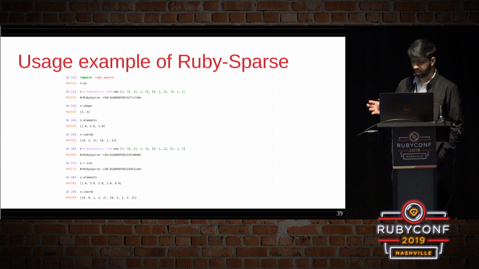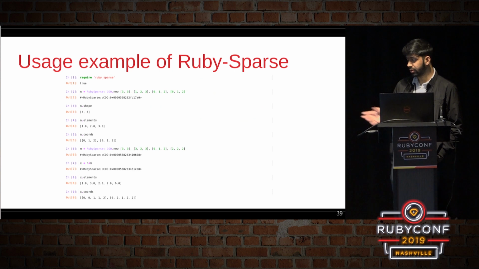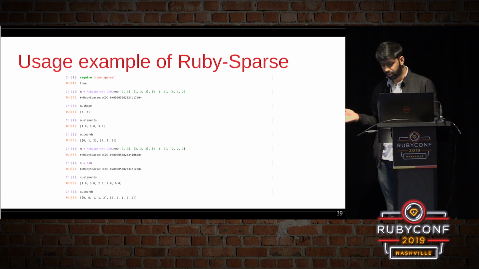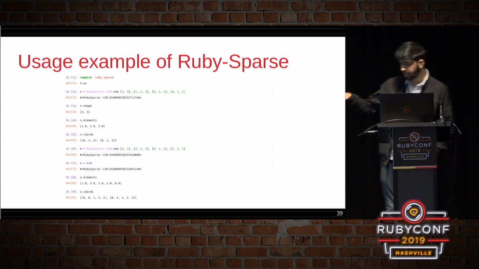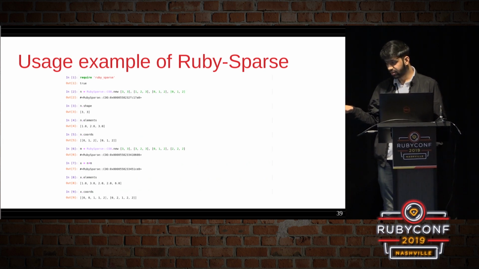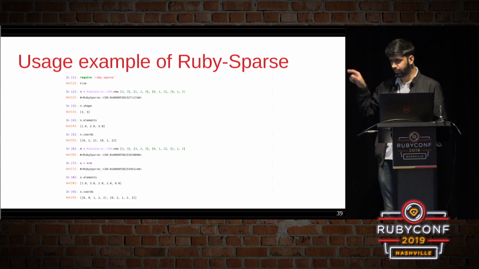If you want to find the shape, you can do n.shape, n.elements, n.coordinates. It'll give you the coordinates of the elements. And if you want to perform an element-wise operation, you can similarly do that. n plus n will give you the elements and coordinates. Currently, as you can clearly see, if we print the sparse matrix, it prints the object fingerprint, not the exact values.